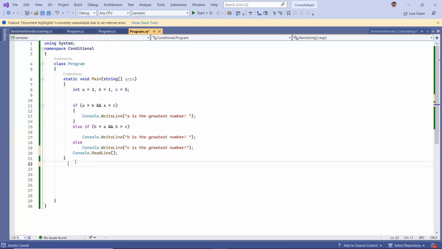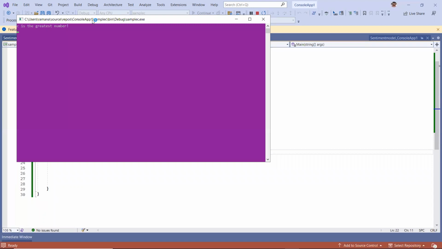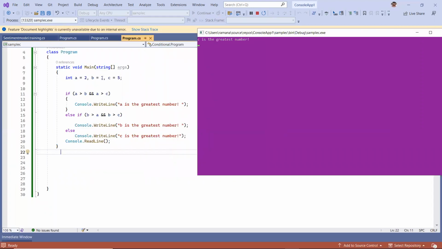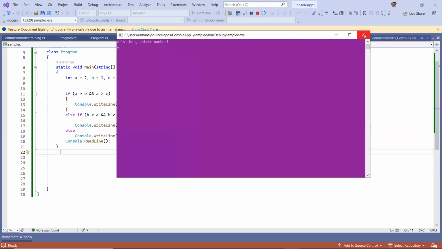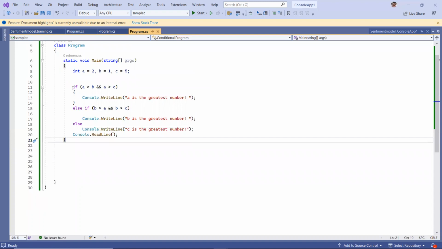When I run this, it tells you c is the greatest number, because 5 is greater than b and greater than 2. This is how to simplify using multiple expressions in a simple if instead of a nested